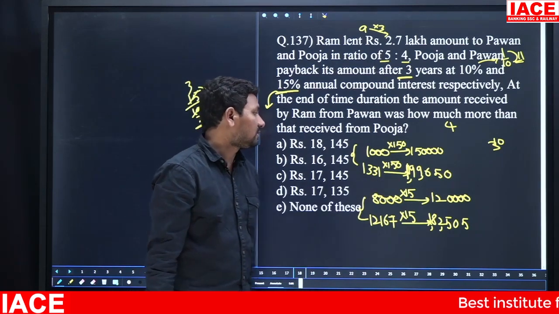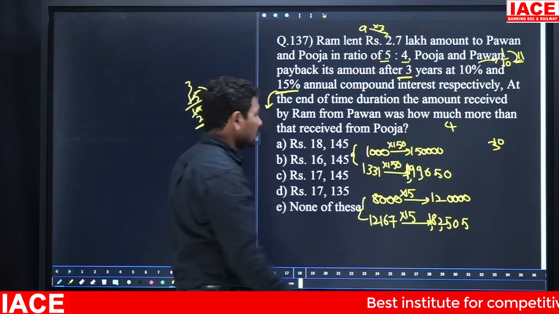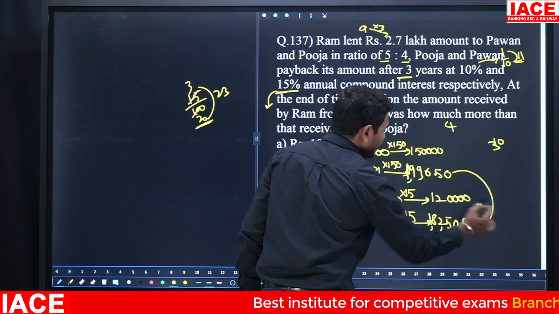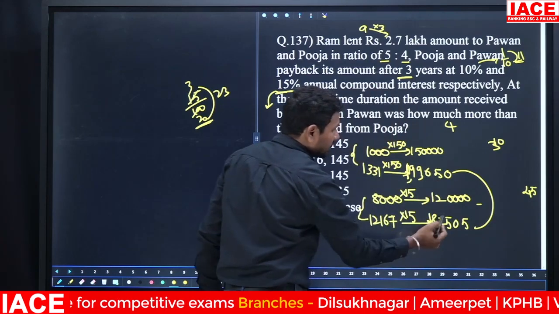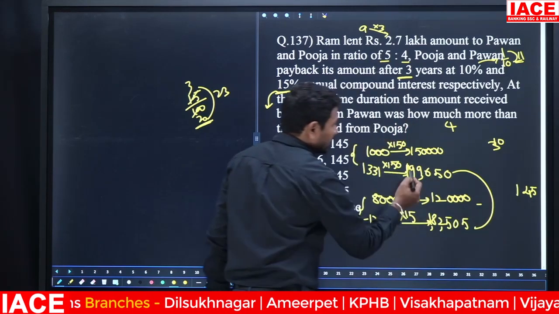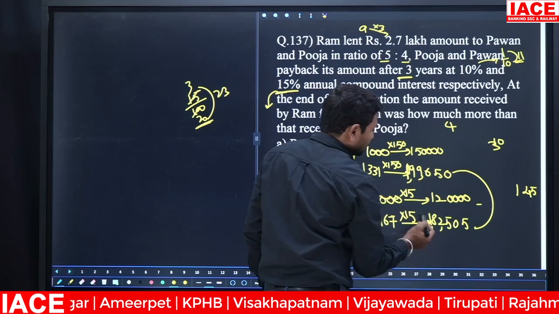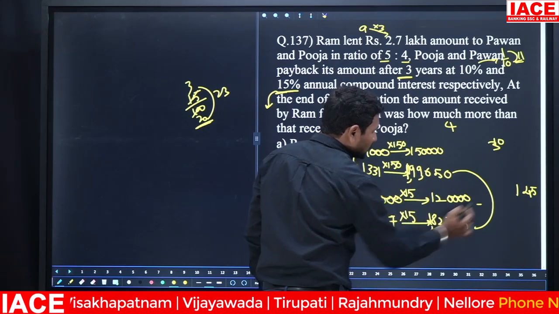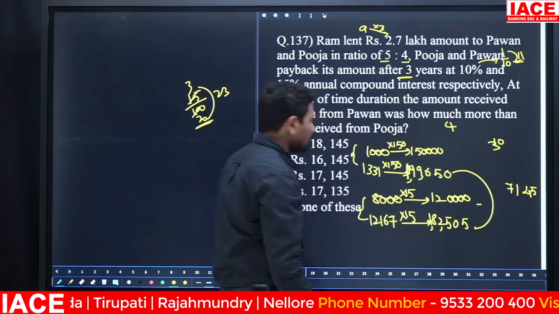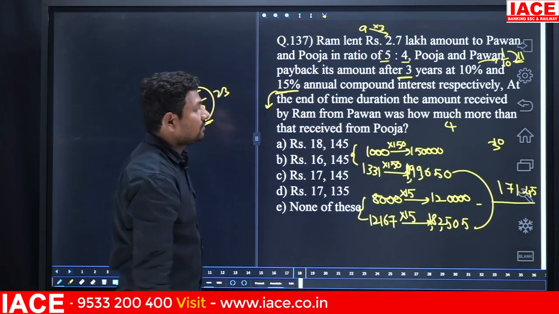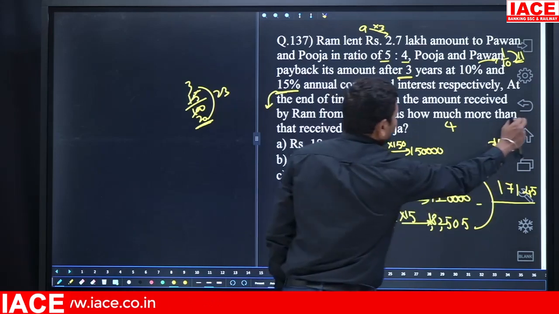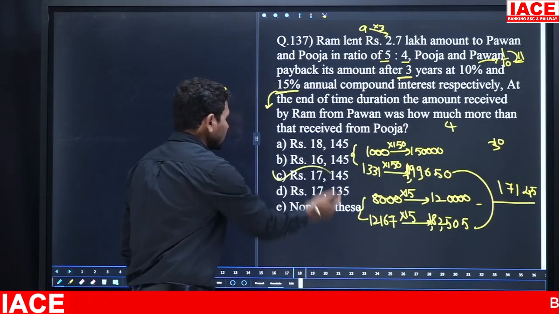This is the amount for the first person. We have to make a difference. 50 minus 05, the difference is 45. Next 600 minus 5, it is 145. And next 1,09,000, here 9 minus 2 is 7. 9 minus 2 value is what? 7. And 19 minus 18 is 1. Here the value is 17,145. 17,145 means which option is correct? Option C.